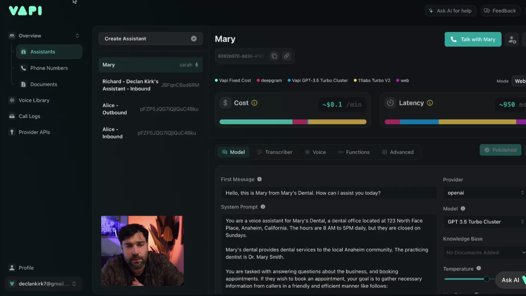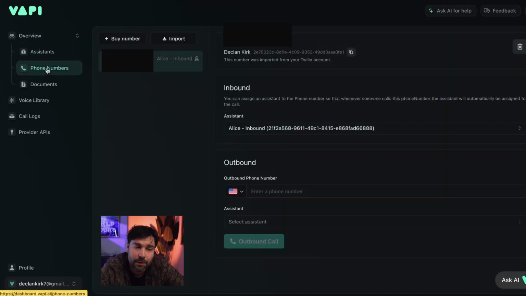So this is Vapi. Over here on the left, you can navigate through to some of the different areas. You've got assistants, and we'll go into this bit in a little bit more detail in a second, but that's effectively where you create your different voice agents and assistants. Then we've got phone numbers. I'll blur this out, but you can see that I've got this connected to a phone number at the moment. So if you phone that number, you'll speak with an AI voice agent I created.